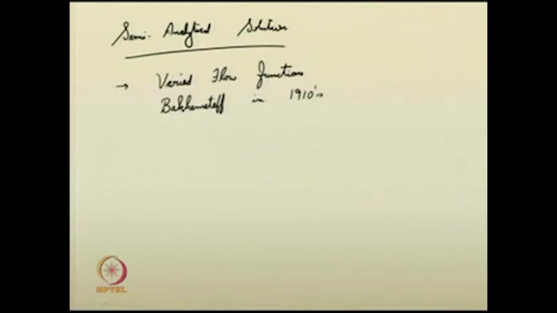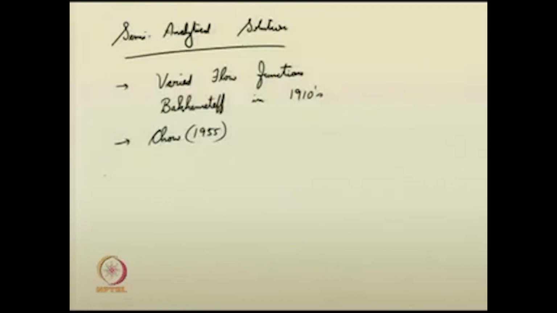Such functions were later used by Ven Te Chow in 1955 in his book on open channel hydraulics. He has used the varied flow functions and obtained solutions for the gradually varied flow profile equation. So, one such solution is